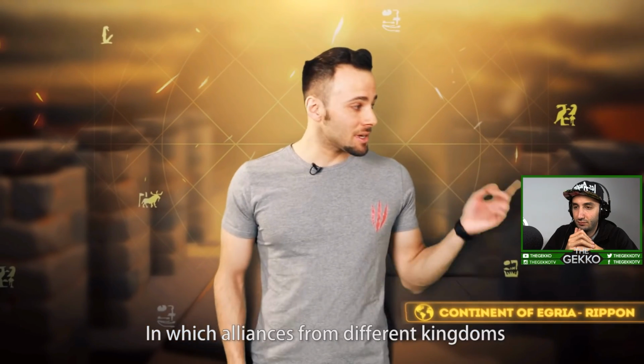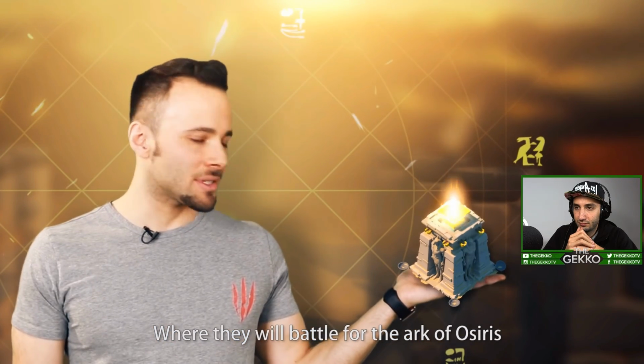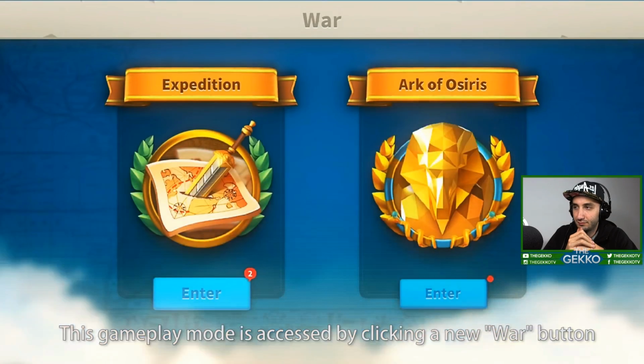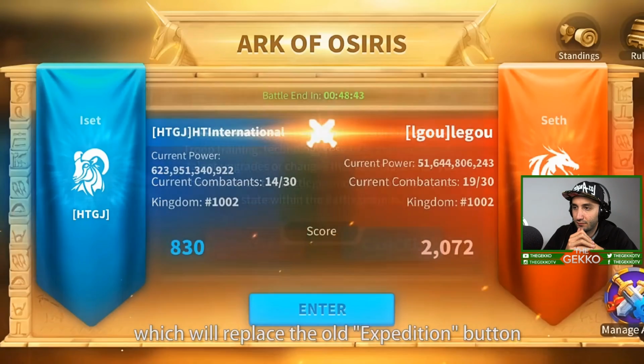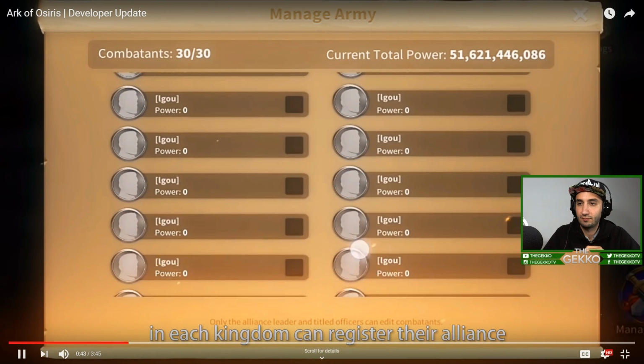Alliance Battlegrounds is a new gameplay mode which alliances from different kingdoms will be randomly matched and teleported to a new map where they will battle for the Ark of Osiris. This gameplay mode is accessed by clicking a new War button, which will replace the old Expedition button. Alliance leaders and appointed officers of the top 20 alliances in each kingdom can register their...